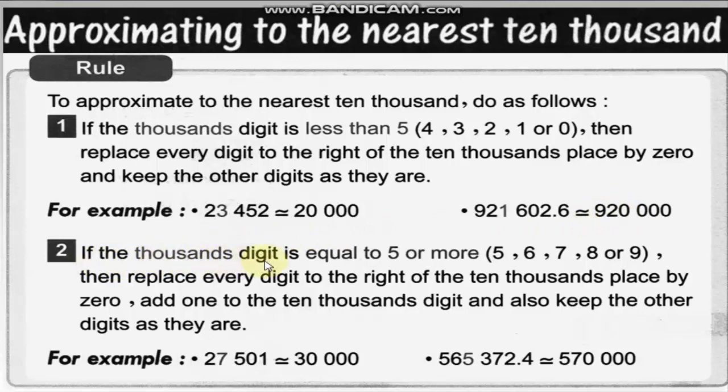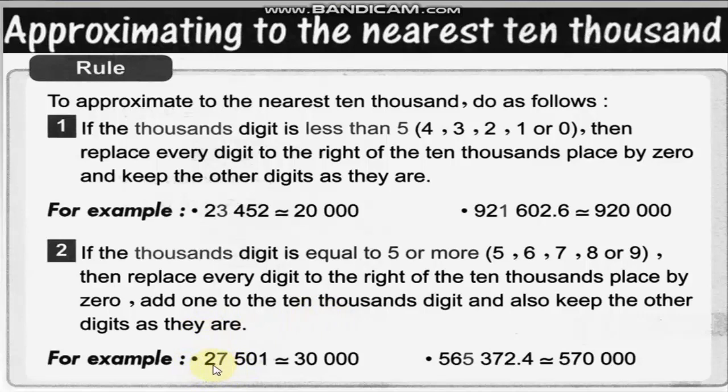Number 2. If the thousand digit is equal to 5 or more, that means 5, 6, 7, 8, or 9, then replace every digit to the right of the 10,000th place by 0 and add 1 to the 10,000 digit, and also keep the other digits as they are. For example,